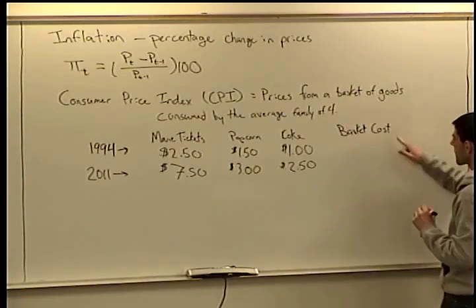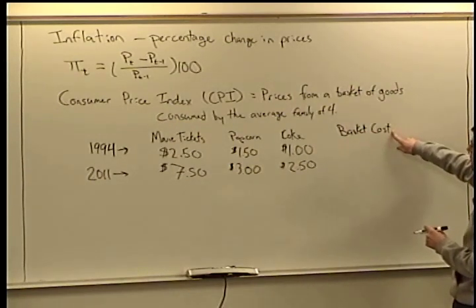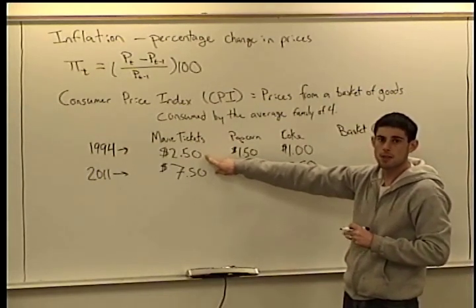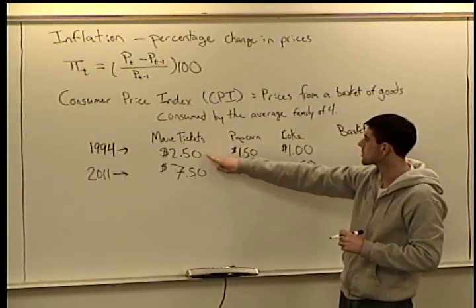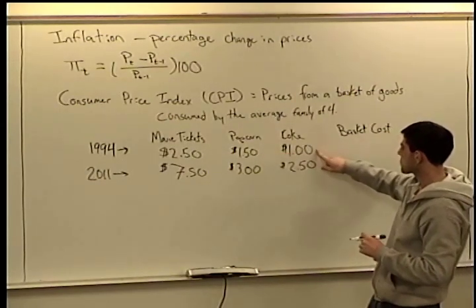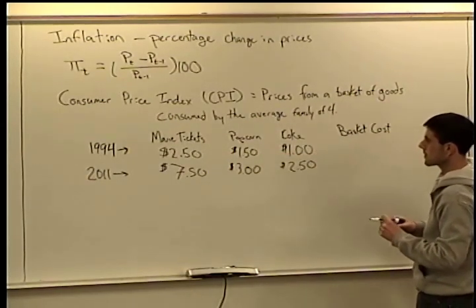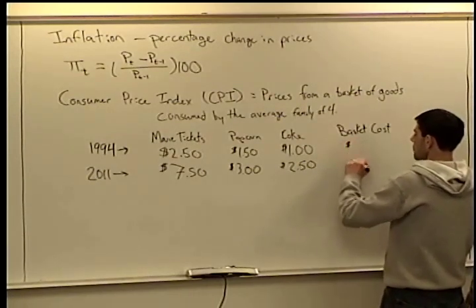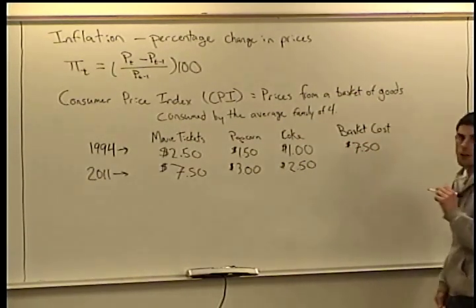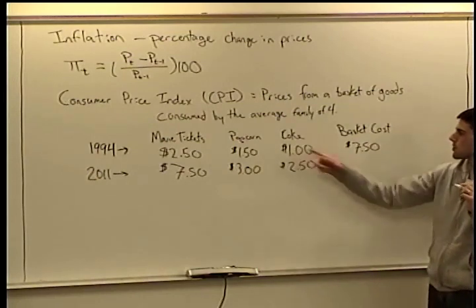Okay, and if we look at the basket cost, that's going to be 2 movie tickets. So in 1994, $2.50 plus $2.50 is $5, plus 1 popcorn is $6.50, plus 1 Coke is $7.50. So in 1994, my uncle paid about $7.50 for us to go see The Lion King with a popcorn and